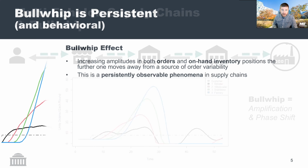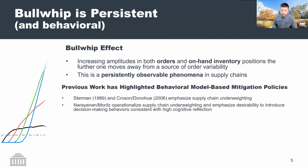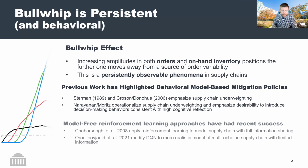And we've talked about bullwhip now for quite some time. It's persistent in a multitude of different configurations of supply chains and industries. And I think the last few years have illustrated that quite nicely. It's also persistently observable and arguably quite behavioral in its origins. But there have also been some model-free approaches towards mitigating bullwhip lately that don't necessarily rely on having an underlying model